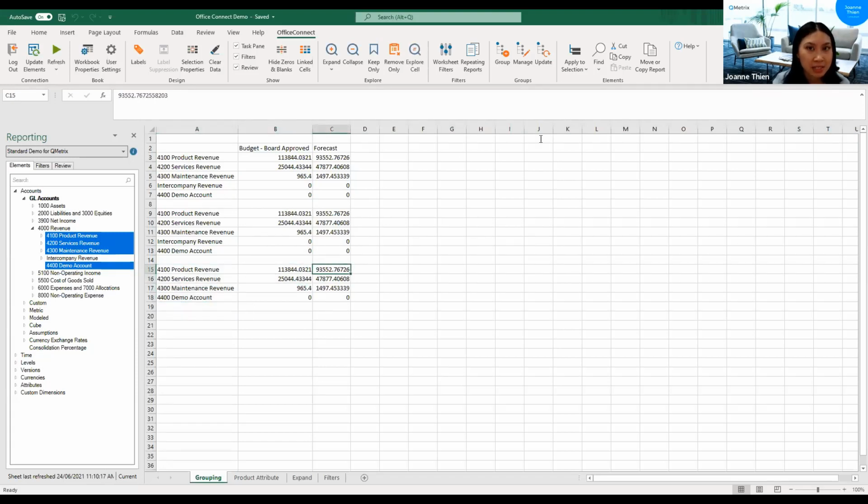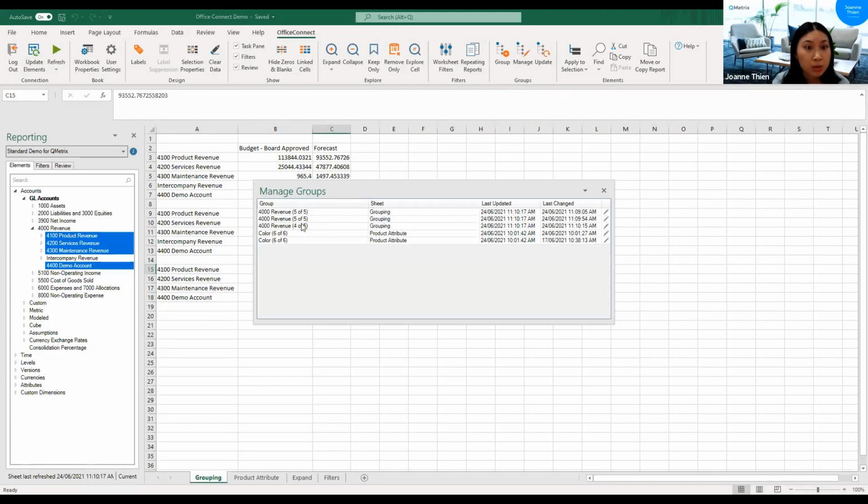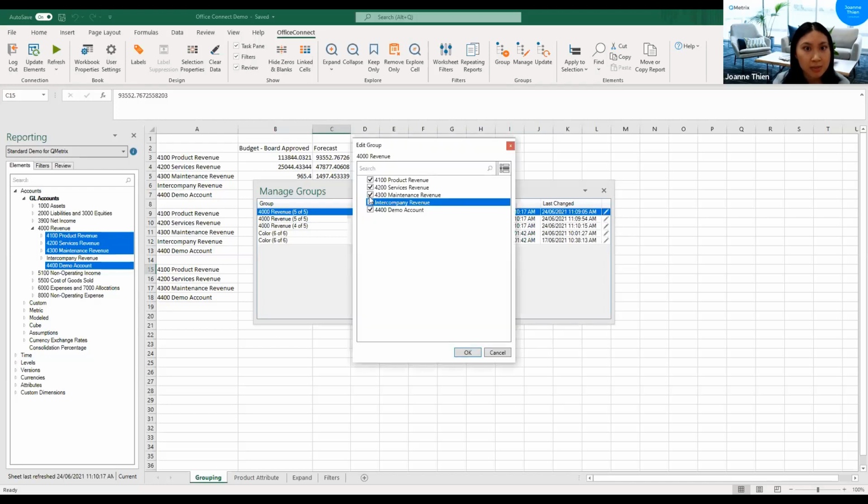How you might manage these groups is using this ribbon here. So if I click on manage, you'll see these are all the groups that currently exist in this workbook. And it'll show you last updated, last changed, time as well. But if I just go over here to this little pencil, that's where you can actually manage the groups itself.